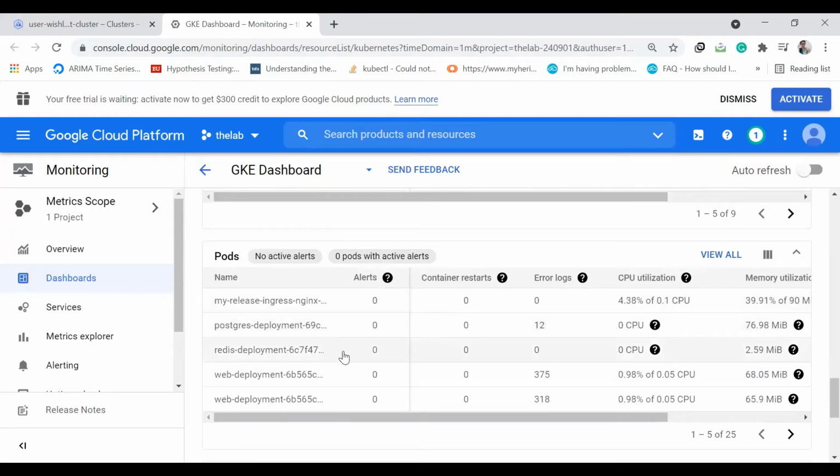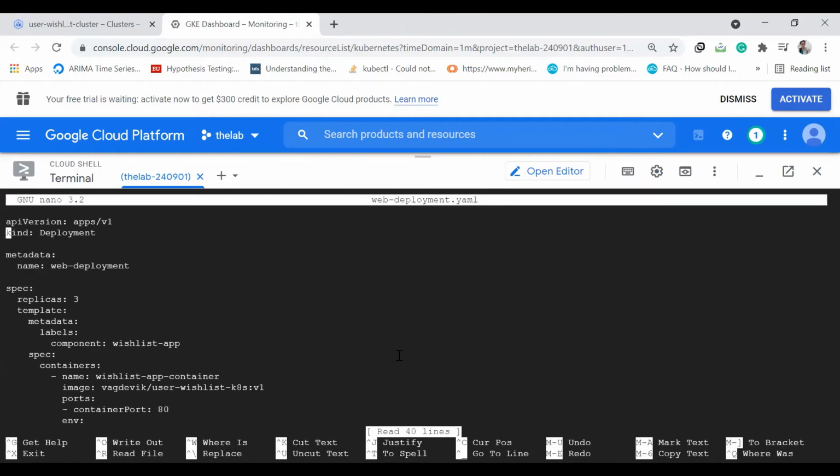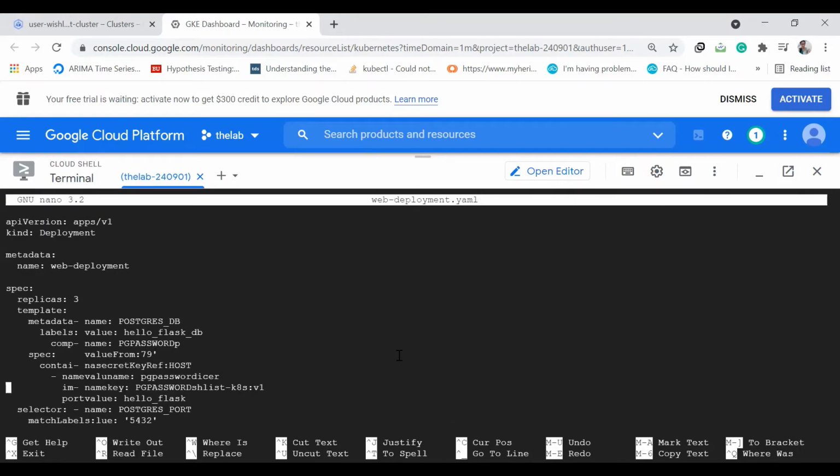Okay, we will also see how to configure our pods to scale up when under high load. So let's say that we want to increase the number of pods for our web deployment whenever the load is more than 50% CPU utilization. So let us see how to do that. So under the KIDS folder, I will go to the web deployment, nano web deployment.yaml. So under the specifications of the containers,